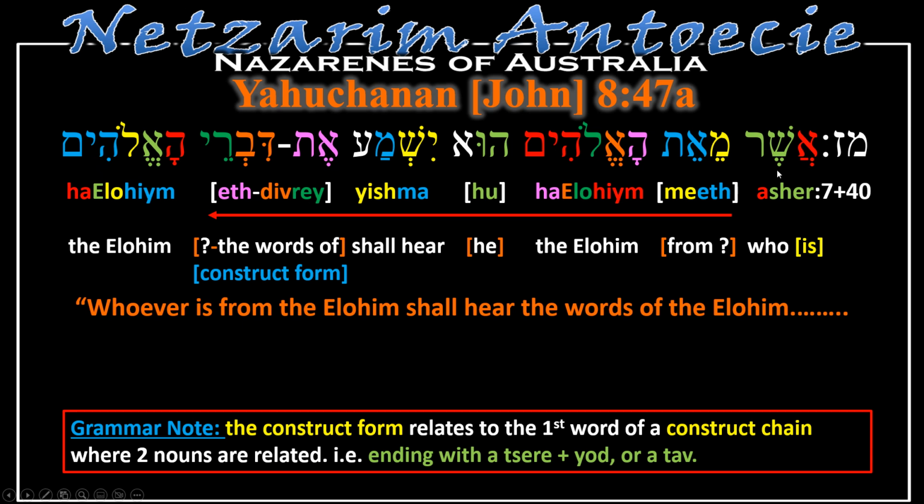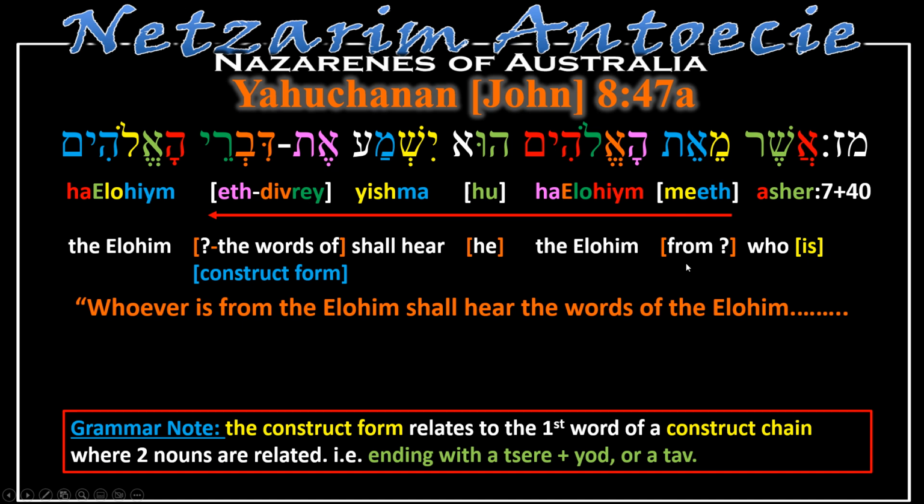And we read, asher. And that can be who. Now, of course, asher can mean who, whom, which, that. So it has quite a few interpretations, but based on context, who, and I've added is,